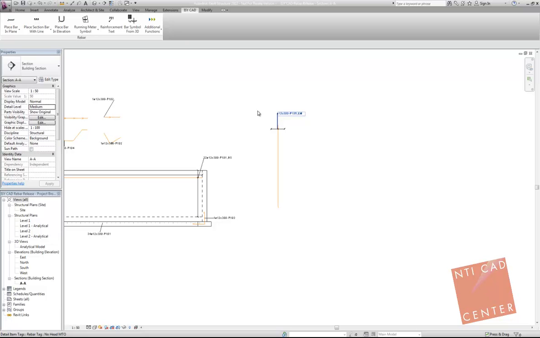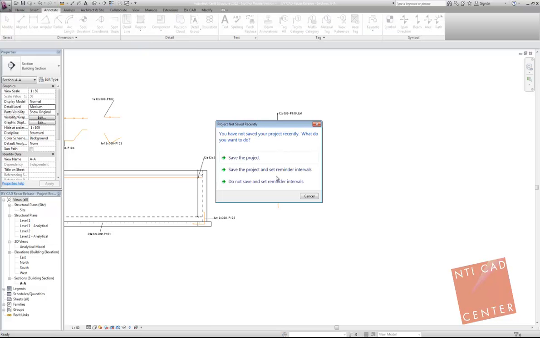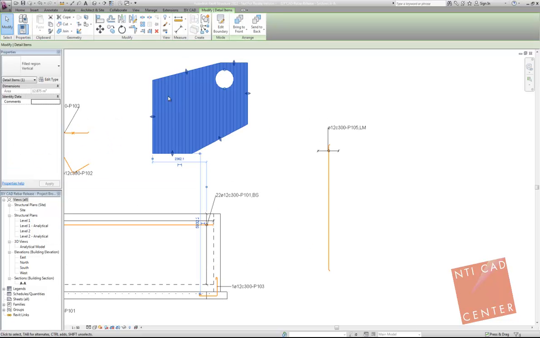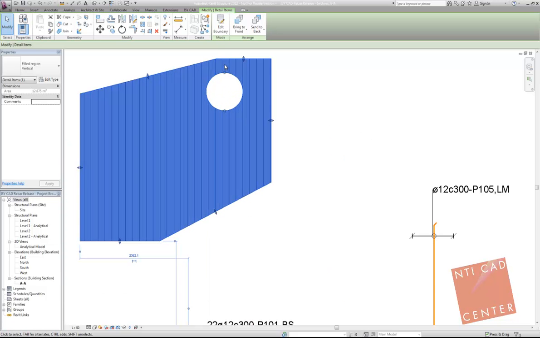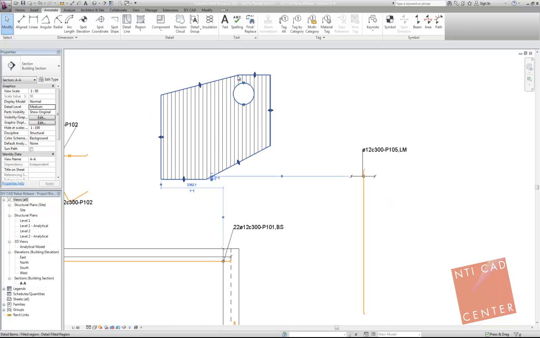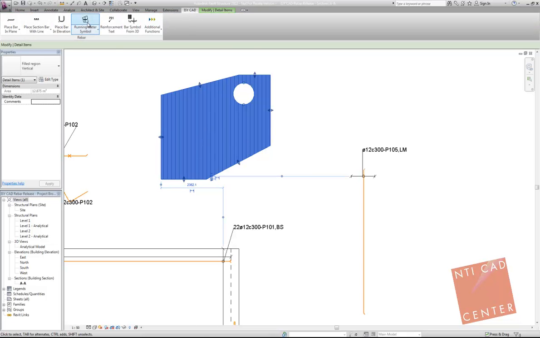Other good functionality with this running meter tag is, for example, in case you have very complex geometry of the slab. I will run this with filled regions. Let's just create something nuts, for example, like this, and let's add a round opening in it. That would be rather difficult to create straight bars for every element and just specify that this is a straight bar, one length, other length, third length, and etc., different positions. Instead of that, you can create an area like this, and once you have selected this area, you can click on this running meter tag,